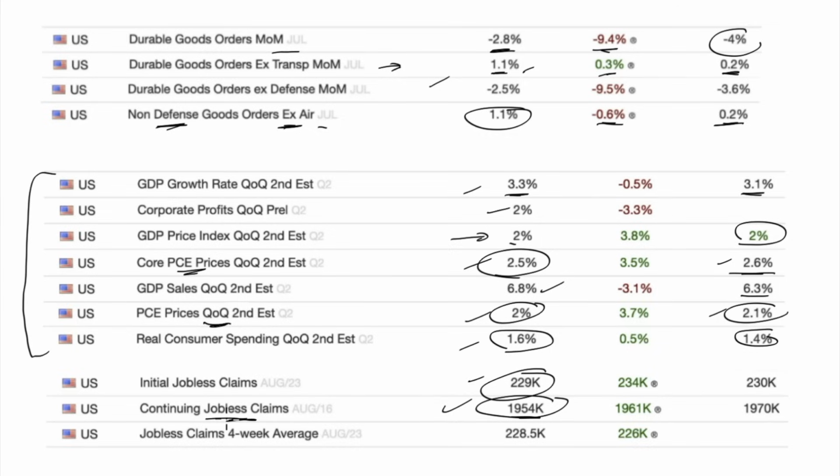This is claims. So you have a period of time over which you collect claims, right? And then as the week goes on, these people fall off. So it is just these people. And then as the month goes on, these people show up, saying, "Hey, I need unemployment," and these people fall off. So that it is being consistent at 2 million is saying there are people showing up at the rate that